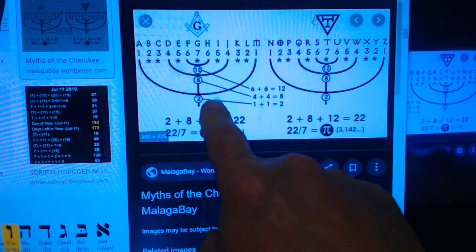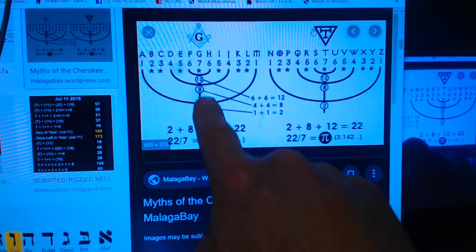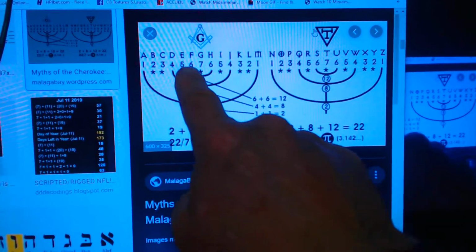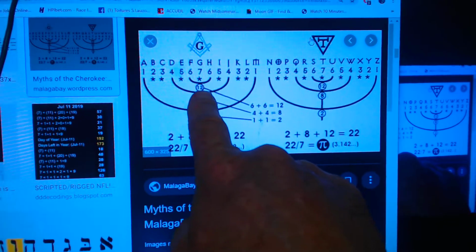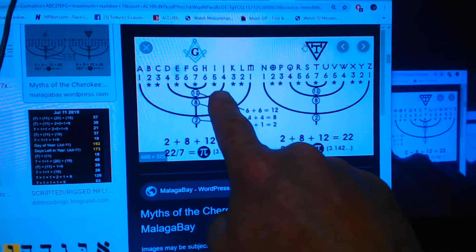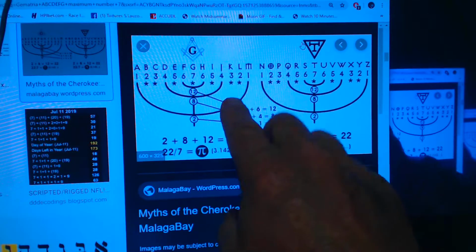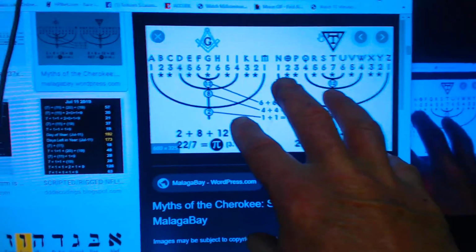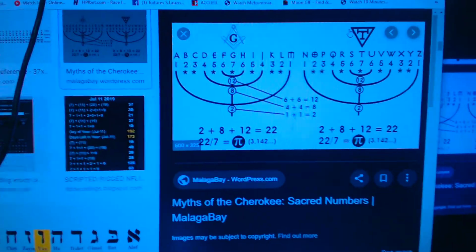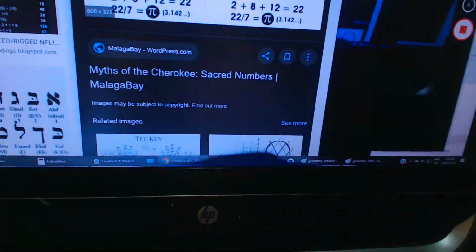3, 8, 2. So 2, 8, and 12 are 2, 8, and 3. Why do we have 2, 8, and 3? 6 and 6 is 12. 4 and 4 is 8. And 1. Why don't we connect the 3 and 3? What are they doing here? So I use these formations to tell me another story. And at the same time, we're going to get the letter 2. So we have